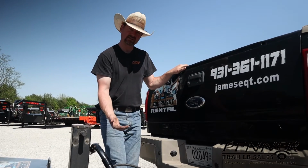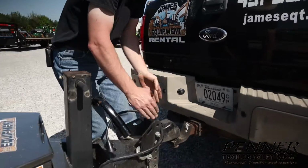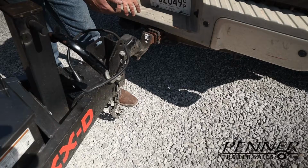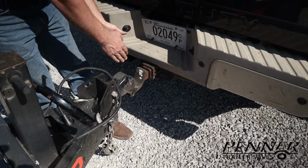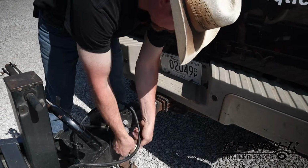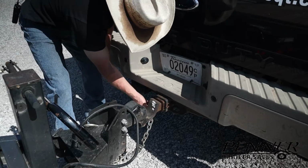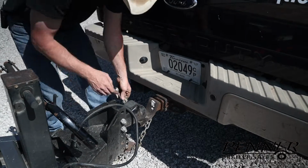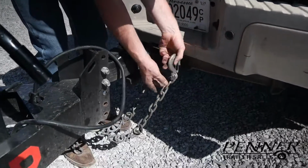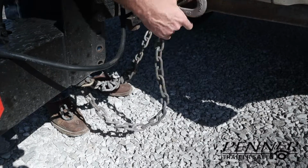Next, we'll move on to the safety chains. It's good to cross the safety chains and not just hook them up in line so that if the coupler did come uncoupled, it wouldn't just drop in between the chains, but rather they can be crossed and theoretically catch the coupler if possible. So we'll take this one from this side and put it over here, and conversely, bring this one over here. You'll notice my chains are twisted, and you want to watch and make sure that the chain isn't too long